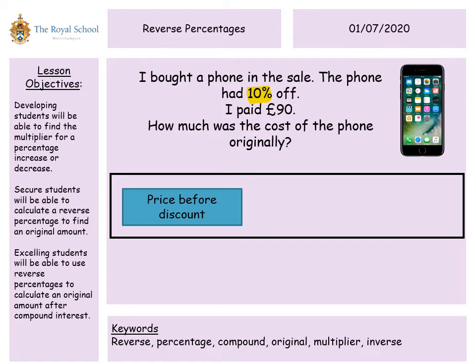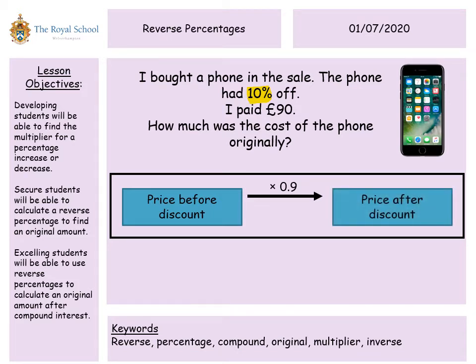So then it was multiplied by 0.9, that multiplied for 90%. And that gets us to this price after the discount, which we know is £90. So actually we're going to work this in reverse. We know the price after the discount, so to work backwards towards our price before, we need to do the